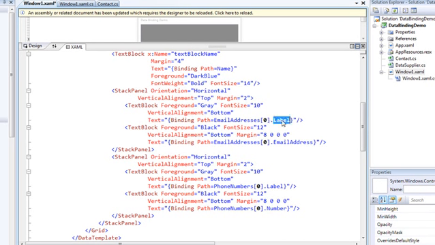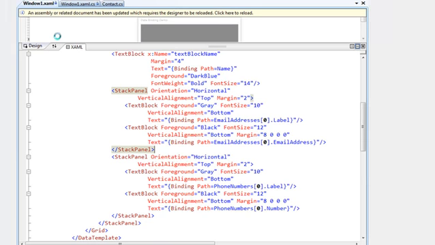So using the same object here, we can get to the label property, the email address property, and then for the first instance of phone numbers, we can get to its label and number properties. So simply by making this change, by adding that XAML code into the data template, we can then get a much more attractive user interface